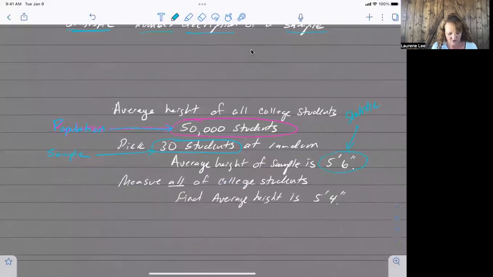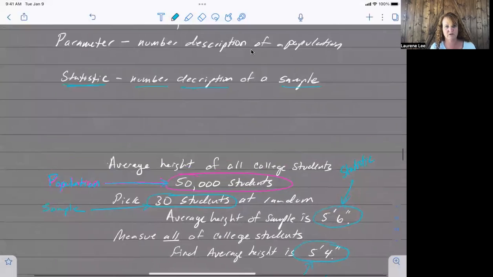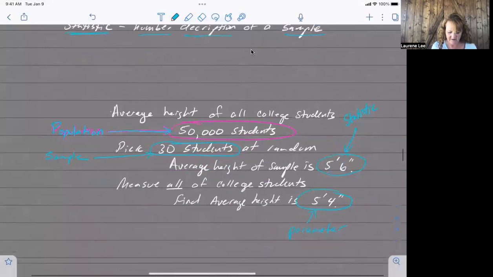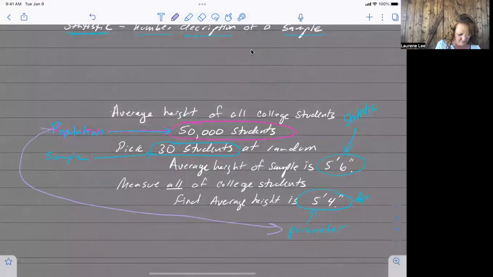And then I want to measure all of the college students and find the average height is 5'4". This right here is a parameter. Okay, and let's just scroll up a little and review here. A parameter is a number descriptor of a population. So because this 5'4" describes the average height of the entire college, which is my population, it's called a parameter. So basically the idea is these guys go together, okay? This parameter measures the population, and the statistic, you get too many arrows going on here, but the statistic measures